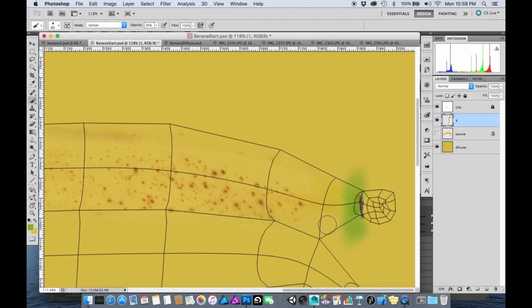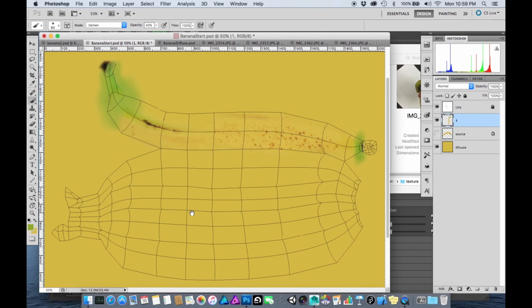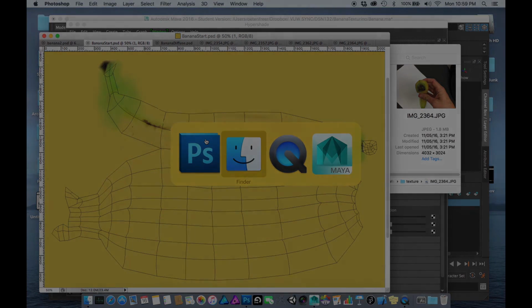Yep. Okay. Now this is a real good time to save, and we also want to test this on our model. So if we jump back to Maya, we can connect our Photoshop file to our banana diffuse texture, to our Maya material, and see what it looks like. So if we go over to our